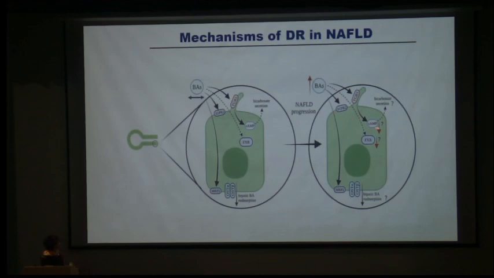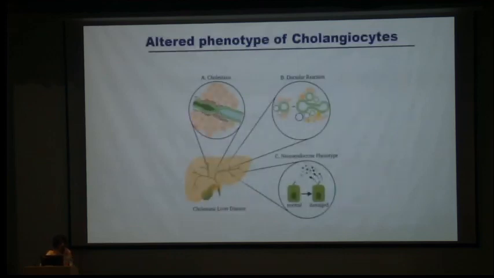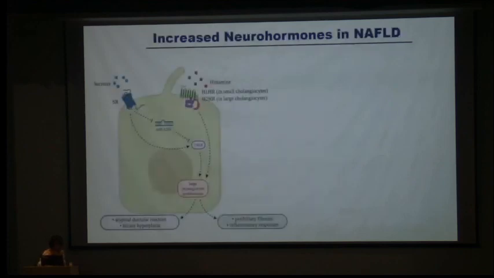Due to this reduction, hepatic bile acid reabsorption is very low. So they said that in NAFLD, as I told you, they have the altered phenotype. There is a neuroendocrine phenotype in NAFLD. And with the increased neurohormones in NAFLD, they have shown that the expression of secretin receptor is becoming less, and due to that,